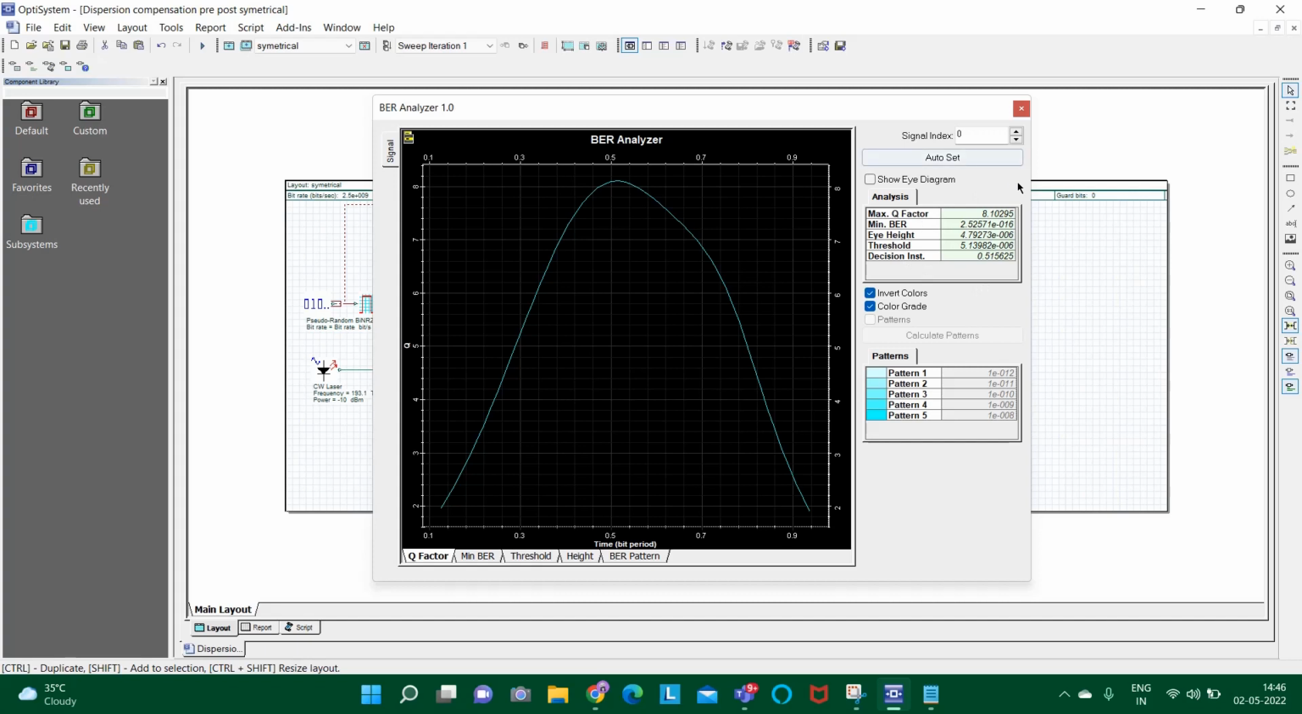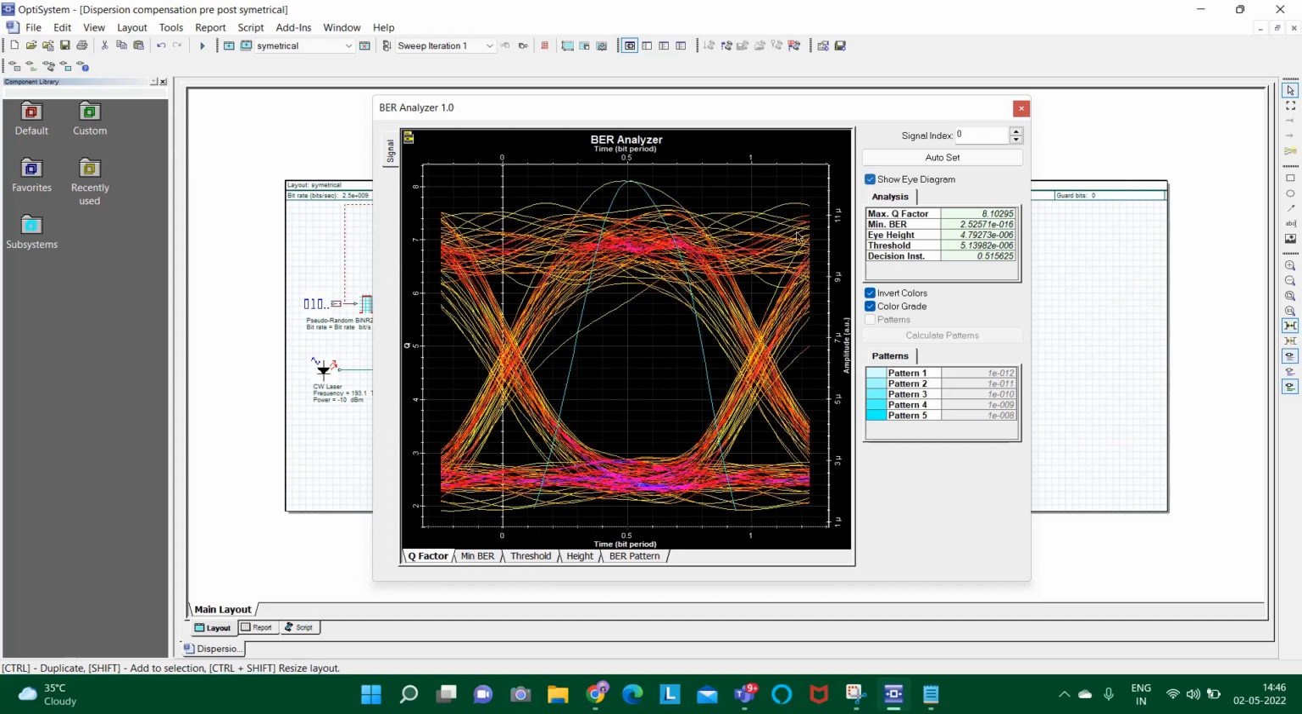So make a note of this: 8.1029 is the maximum Q factor, which is the quality factor that will decide the performance level of the system, of the compensation technique, which is better. And the minimum BER value, the eye height, the threshold value. And if I want to see the eye diagram, I have to click here. So you can see the eye diagram of the